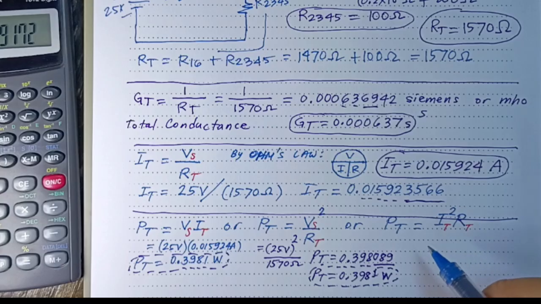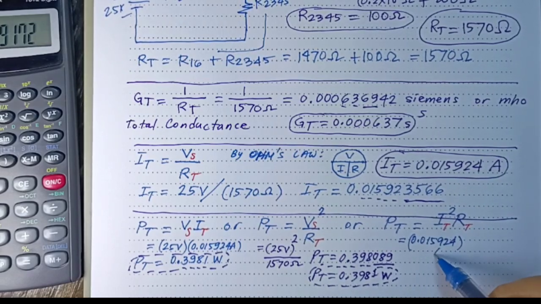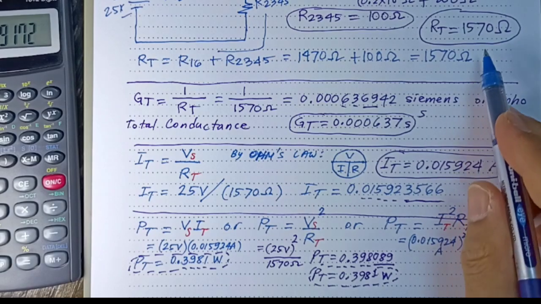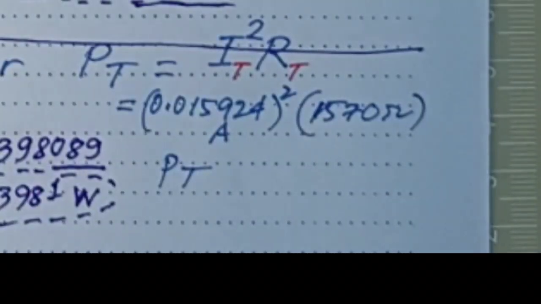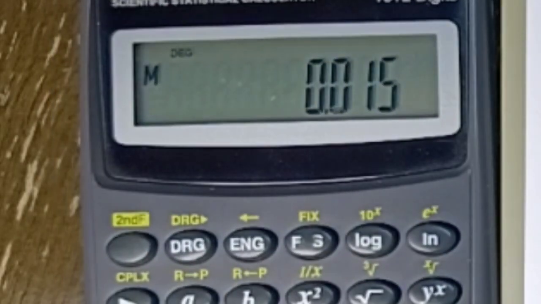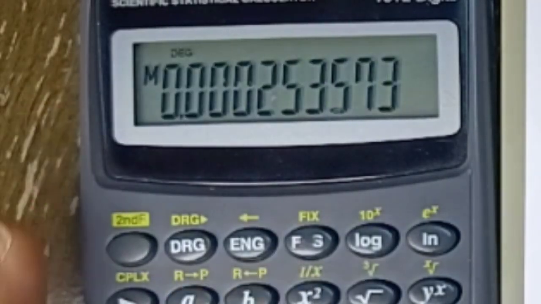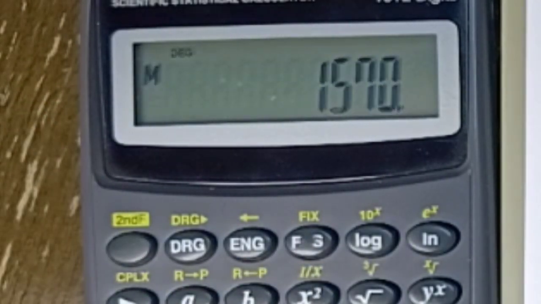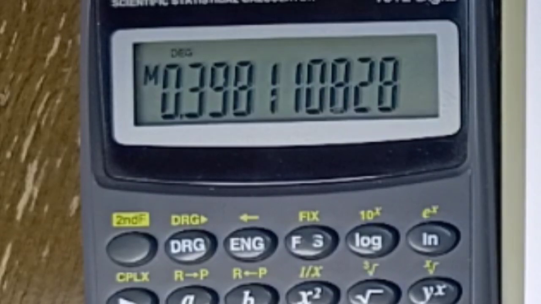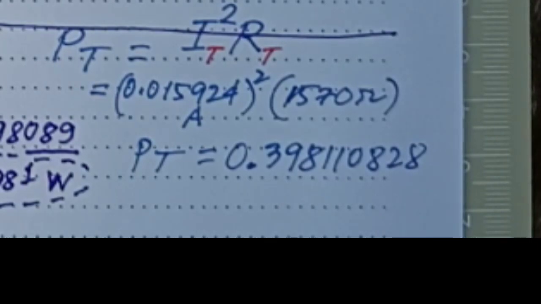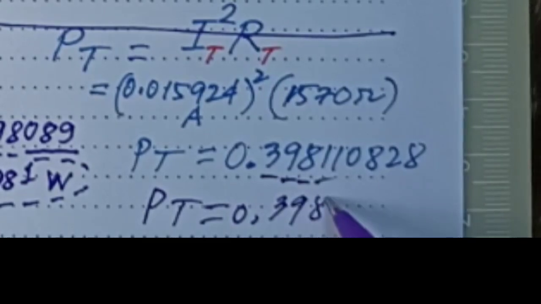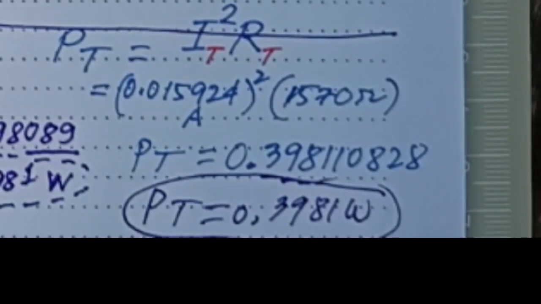Let's see the third one to prove that they will have the same answer. Our I total is 0.015924 amperes raised to the second power multiplied with R total of 1570 ohms. So we will get the same answer. What do you think? Let's see. 0.015924 raised to the second power multiplied with 1570, we will get the same answer, 0.3981, right? So the PT is also 0.3981 watts, just like the other